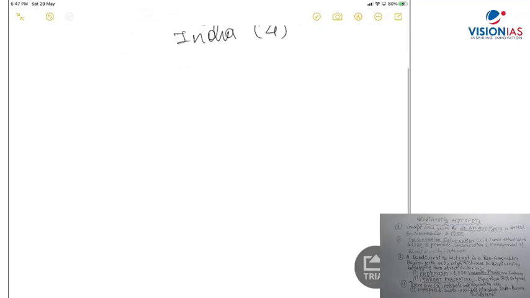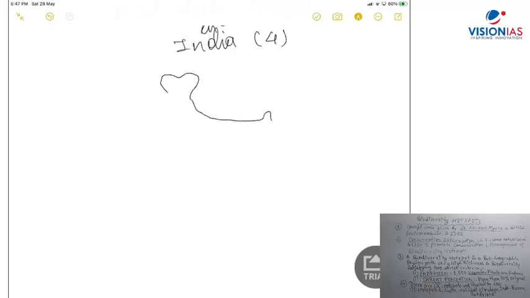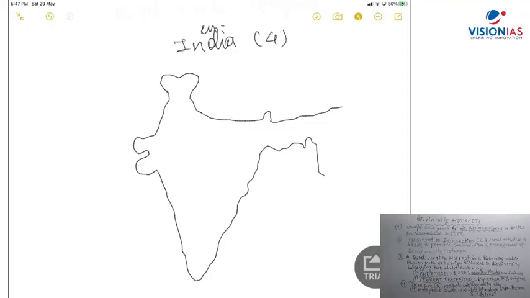But now let's say, for example, I'll just draw a rough diagram of India. It's just a rough sketch I'm drawing here. So what comes first here, let me put across here, the Western Ghat starts from here. This is the part which comes here, Western Ghat. The Western Ghats India, right? So Western Ghat,